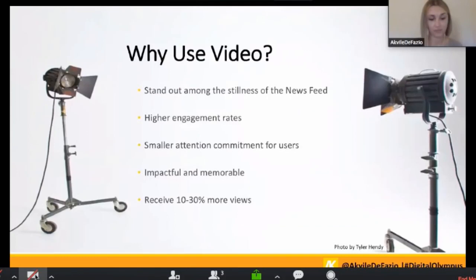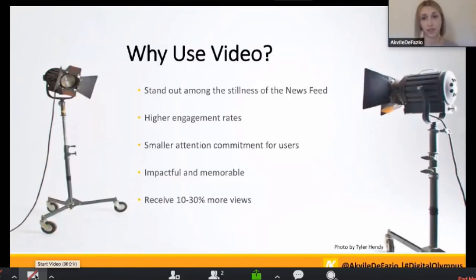Why use video? So is video worthwhile to create and to promote? And the answer is most certainly. While video is quickly turning into the primary format of communication between consumers and brands, it's really important for us to dive into that space, even as small to medium-sized businesses, because the newsfeed currently has a lot of static images and static ads. And while bigger brands are doing a lot of video, there's a way for you to get into that space as well with inexpensive equipment and without the use of a videographer.